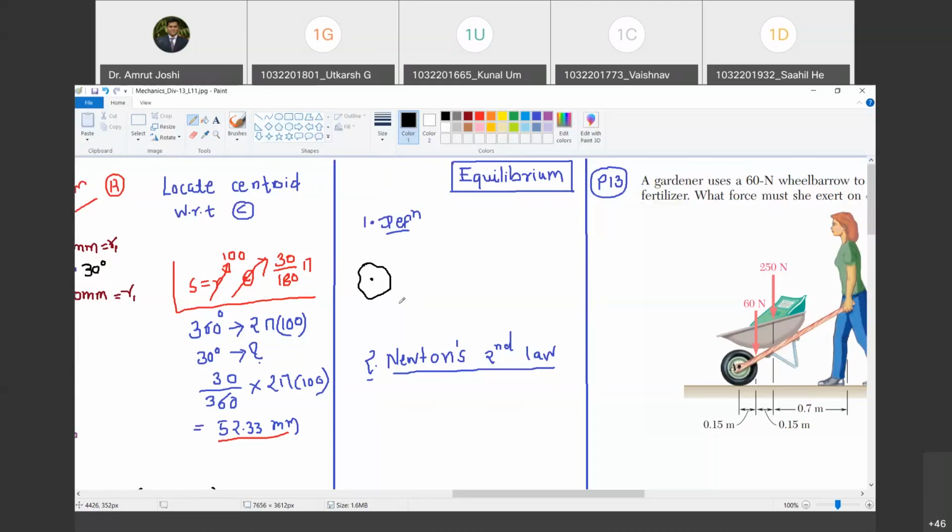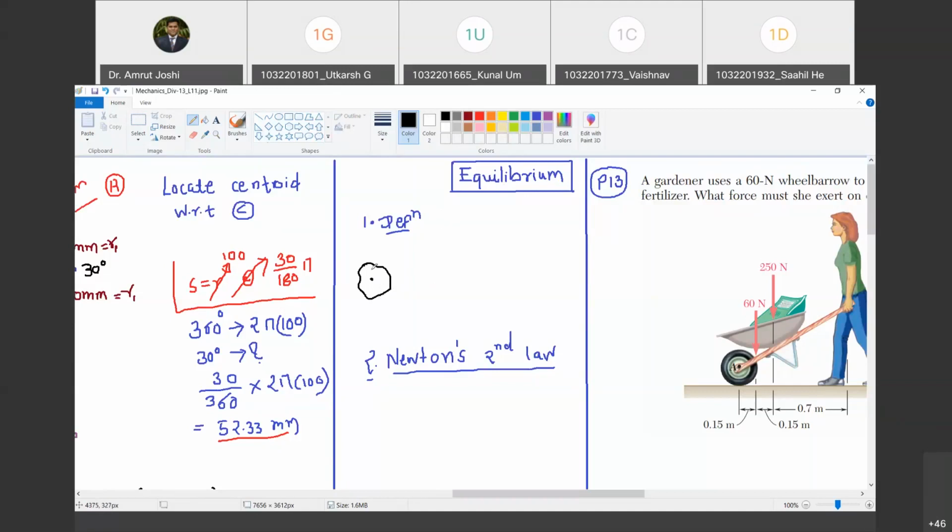No, but that is not the definition, because merely looking at the body, can you observe whether the forces are in balance or not? Kar sakte ho? No. So equilibrium is not something which needs calculations and then deciding whether the body is in equilibrium or not. You will observe the body and you will come to know if the body is in equilibrium or not. So therefore we are going to define the equilibrium first.